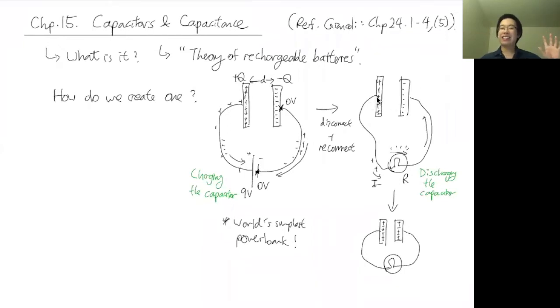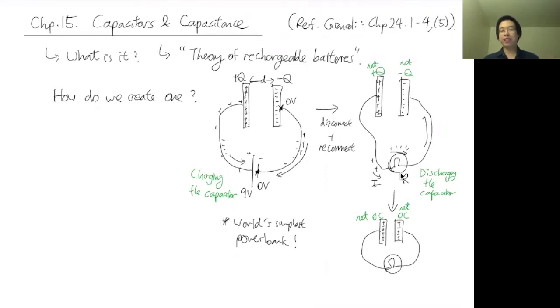And then there's less and less incentive because, as you can see, it will get closer and closer to equilibrium on both sides, so that there is net 0 coulomb on this side and net 0 coulomb on this side. Whereas here, there's a net positive Q and a net negative Q, right? So as they start flowing, you can imagine they will get slower and slower because there's less and less incentive. In the last straw, when there's only one positive charge left to go to the other side, it doesn't have a very strong incentive to do that. It will move very slowly.